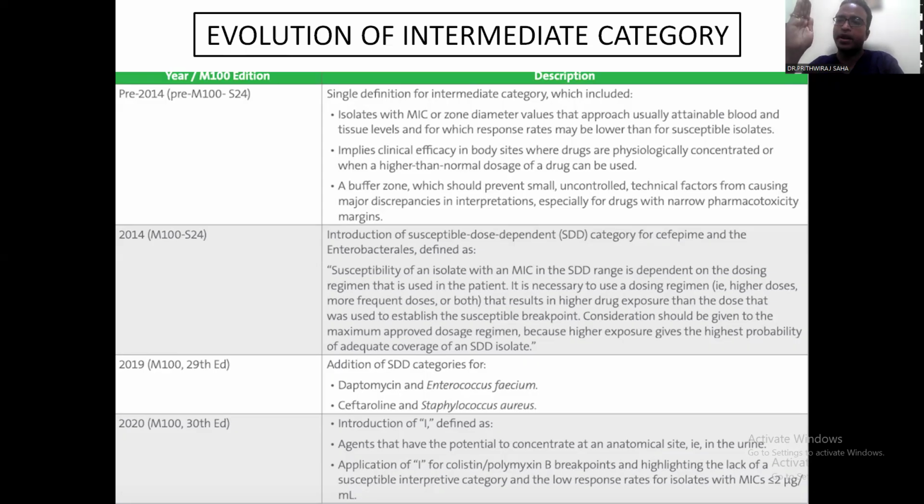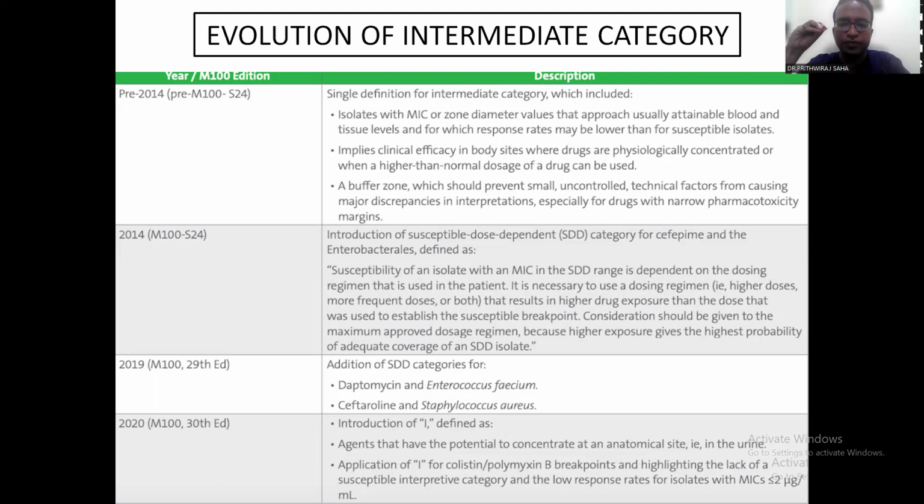So there is a breakpoint below which it's purely susceptible. There is a high chance of success of the treatment. There is another breakpoint above which there is very little chance of success. That is resistant. So between susceptible and resistant, S, I, R, there is a category that is I. So if we increase the dose of the drug, then that drug can be effective against that organism. Am I clear? I am repeating again that this is a